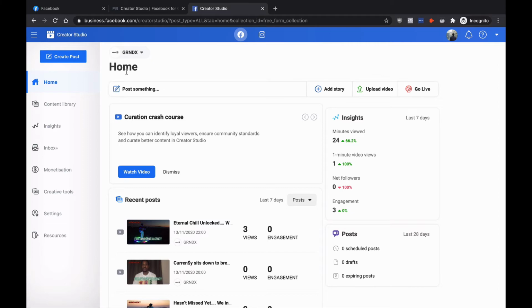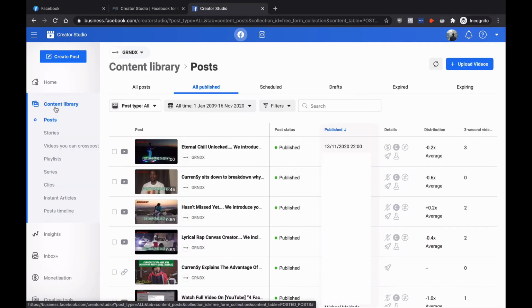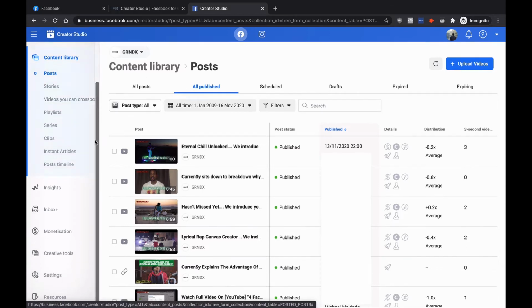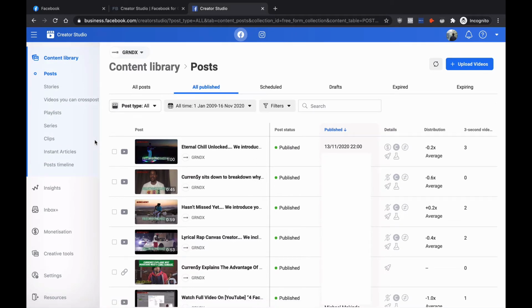If you look over on the left hand side, you can see it has content library. If I select this, it basically gives us an overview of all of the content that we've published since we created our Facebook page. And if we wanted to get a greater in-depth insight on the analytics to see what's performing well and what's not performing well and why, we can click over here to insights. But the main focus of this video right now is 5 ways you can monetize your Facebook page as an indie musician or producer. So what we're going to do is skip over these steps and go all the way